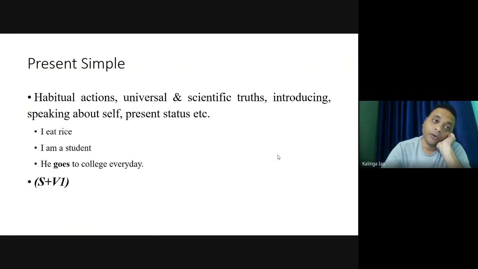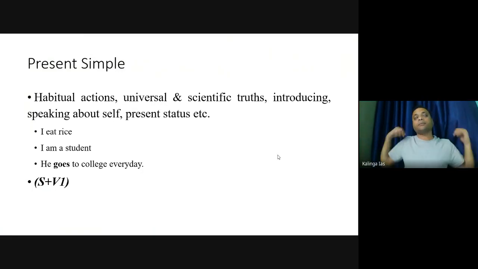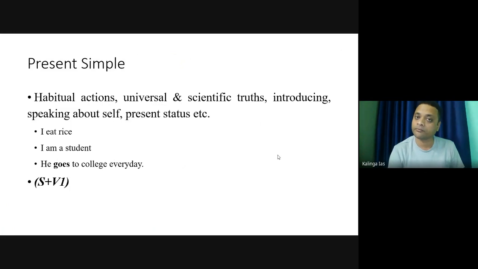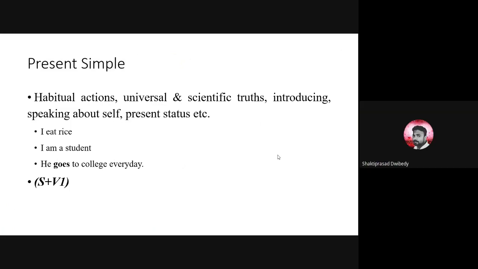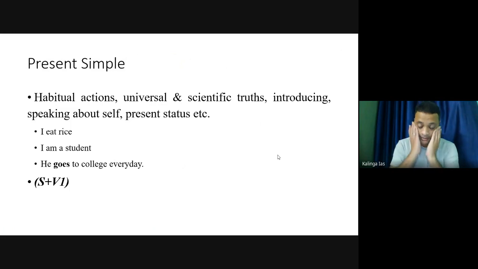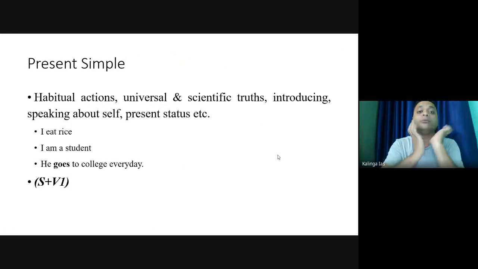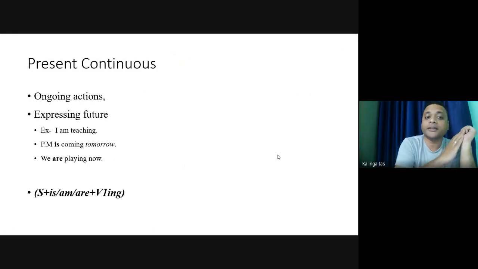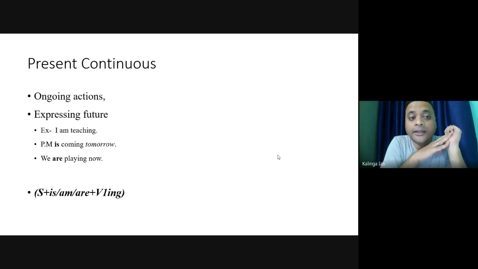Right then. So the next aspect is present continuous. Where do we use present continuous? Subject plus verb plus ing form. That is the sentence structure. It is used for an ongoing action. At the time of speaking, if something is going on, like an ongoing action, okay, ongoing action means at the time of speaking